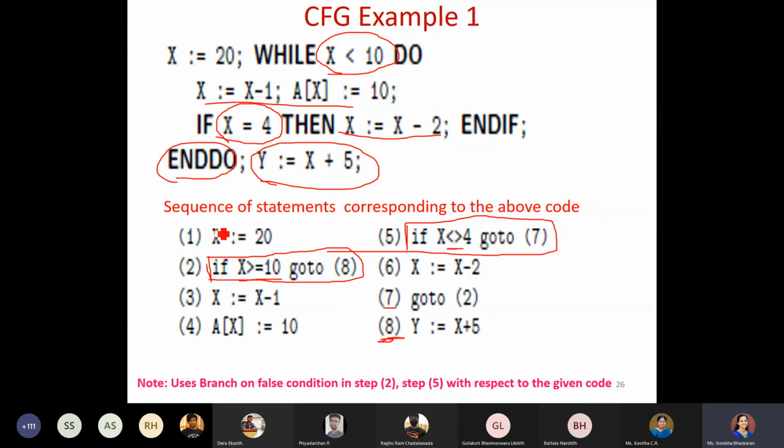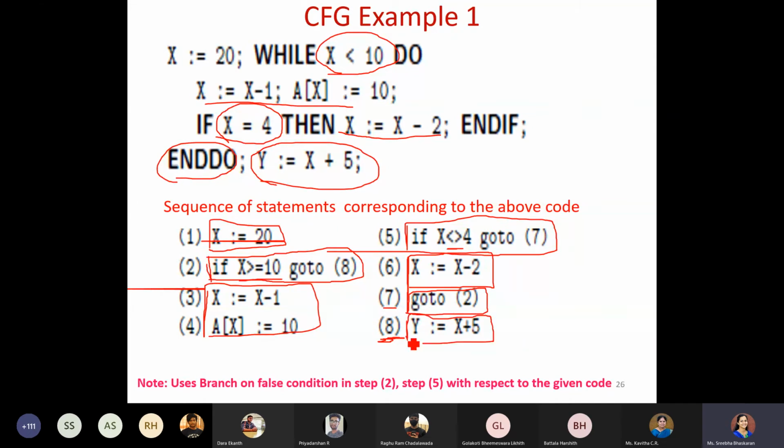So what is left out here? Left out things are, this one is another left out one. So this is another left out part. So this becomes another block. This will be another block. Sorry, this is another block. This is another block. And left out is this one. So like this is the one.